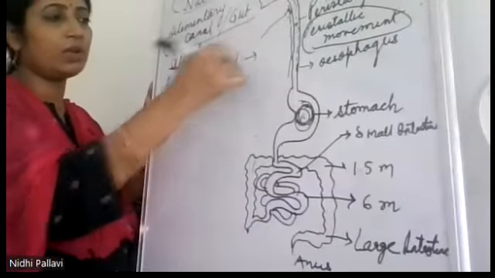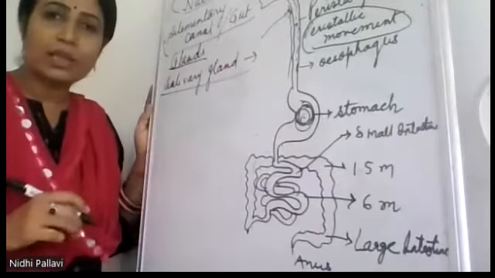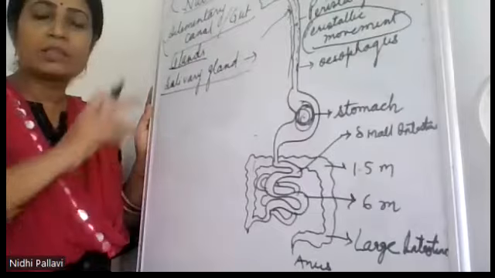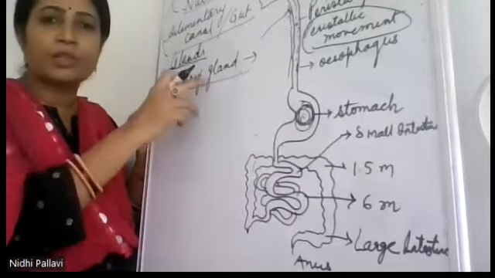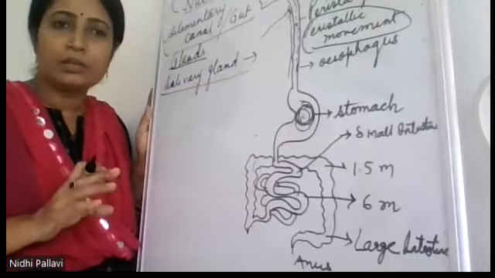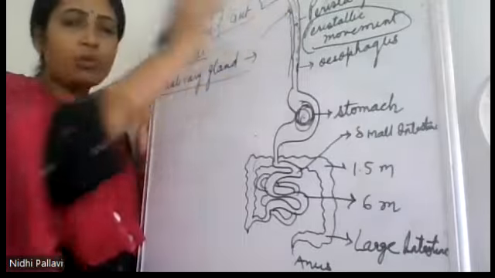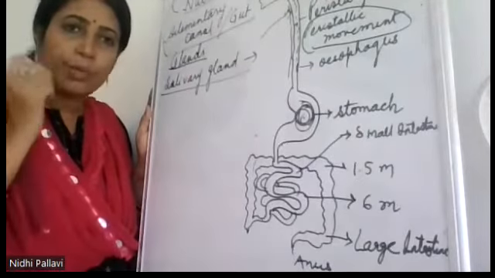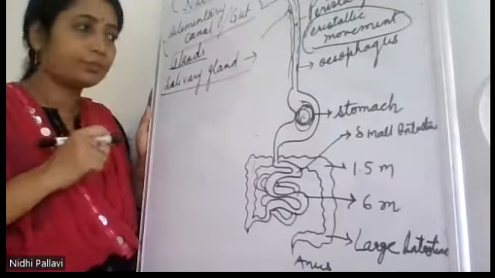पहला ग्लैंड कौन सा है? सलाइवरी ग्लैंड है। What does salivary gland secrete? Where is it present? First of all, position. Near our mouth. कहाँ पर उसका पोजीशन है? माउथ के पास है। ठीक है।